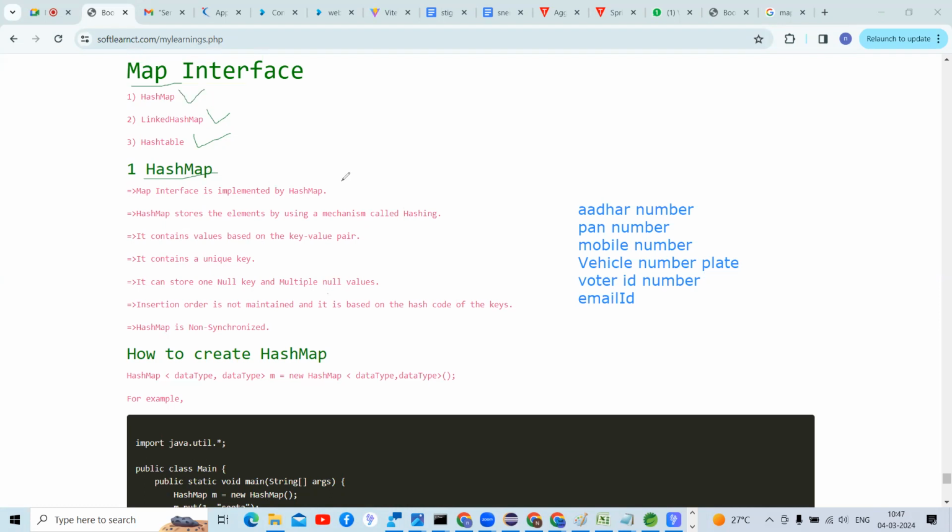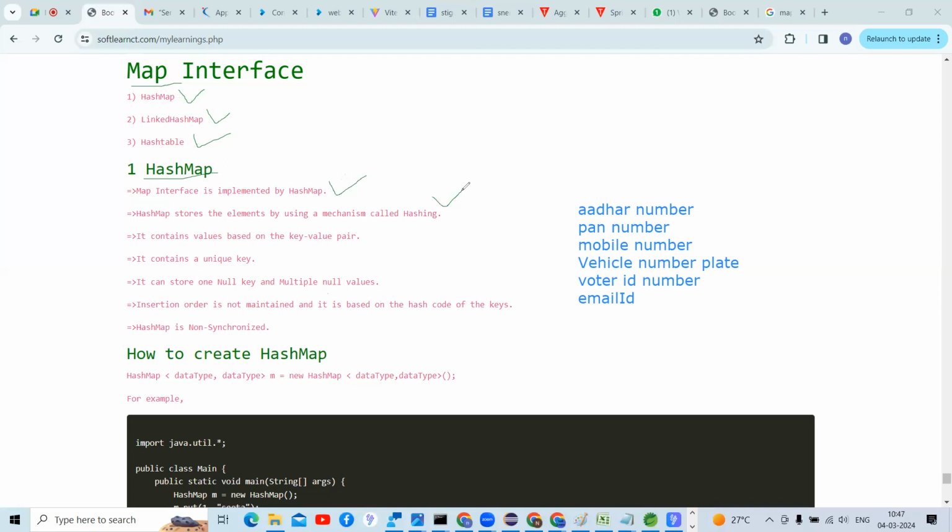The Map interface is implemented by HashMap. The HashMap class implements which interface, guys? The Map interface. And HashMap stores elements by using a mechanism called what, guys? The hashing mechanism. If you are really good with the Set interface, and what the implementation classes inside the Set interface are, what data structure the Set implementation classes have, and what the initial capacity of the HashSet implementation class is,